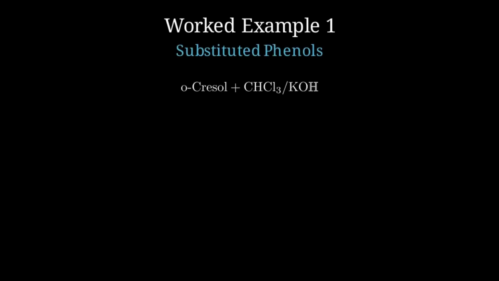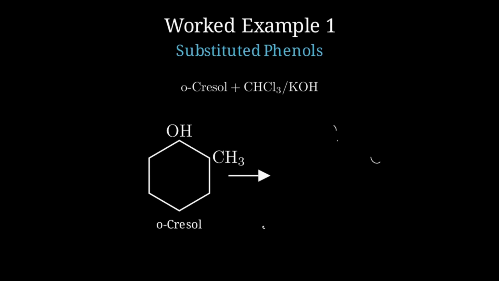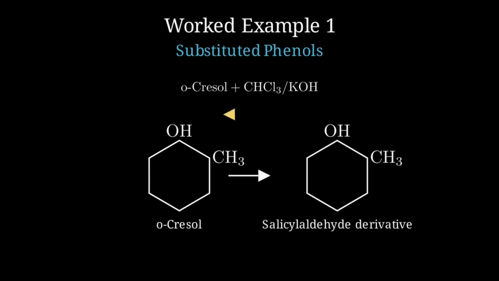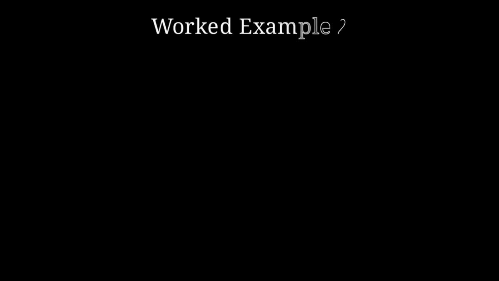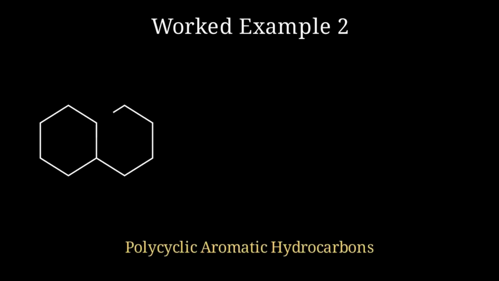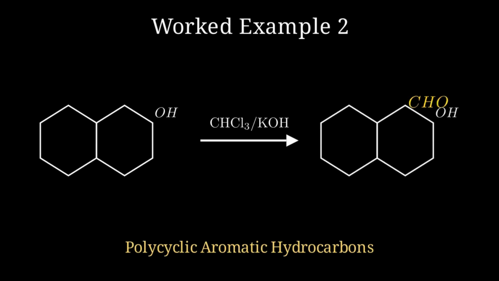Since one ortho position is blocked by a methyl group, the formyl group will attack the other available ortho position, demonstrating that the mechanism remains consistent even with substituted phenols. In the case of 2-naphthol, the reaction occurs at the 1 position. This follows the same logic of attacking the most nucleophilic site that allows for the stabilization of the intermediate complex